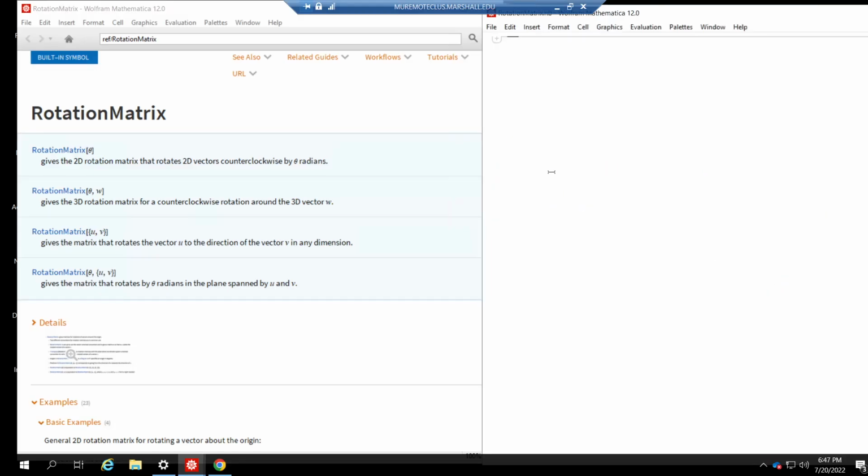Okay, I'm recording and I'm working on some stuff with Mathematica. Okay, RotationMatrix, basic examples,